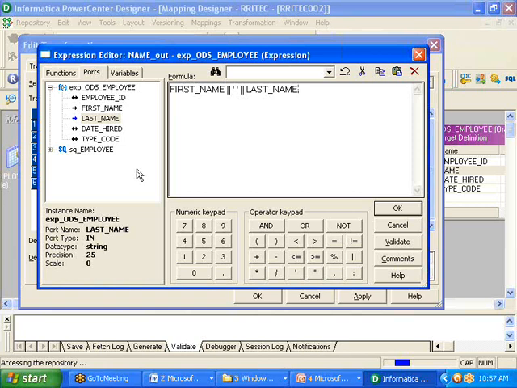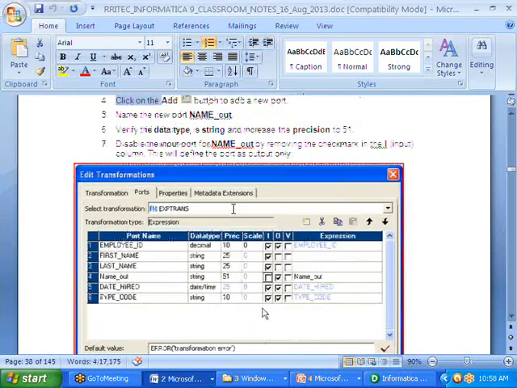Between Ram and Reddy I am expecting some space, right? That is how I want my result. There is a space I have given here. Space is a character, right? That is the reason I have given the single quotes also. Between the single quotes I have the space. So that's the meaning of this expression.